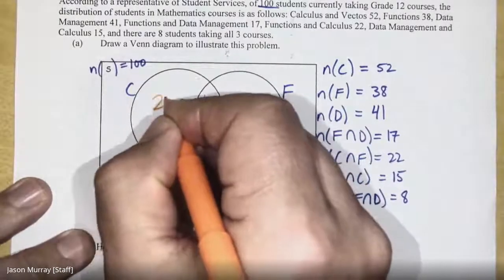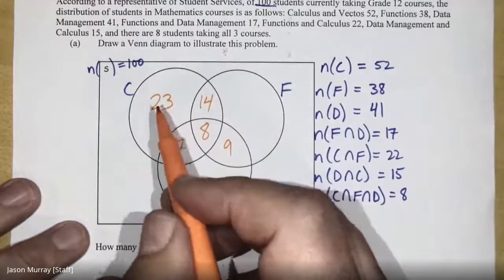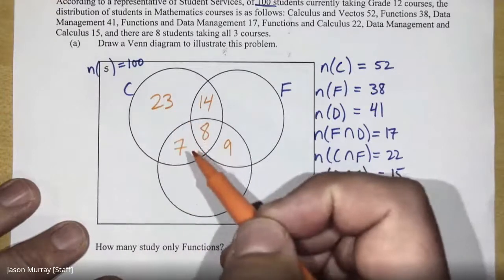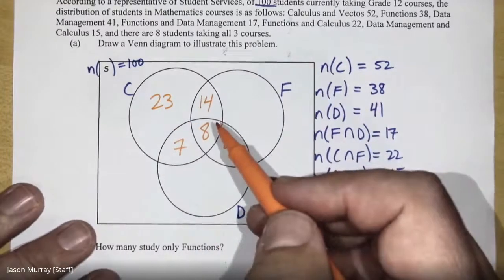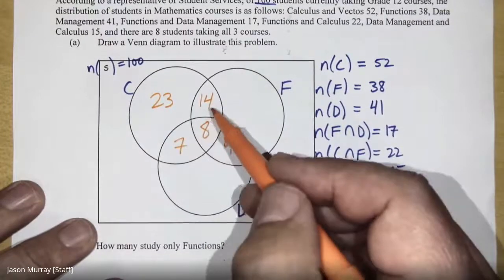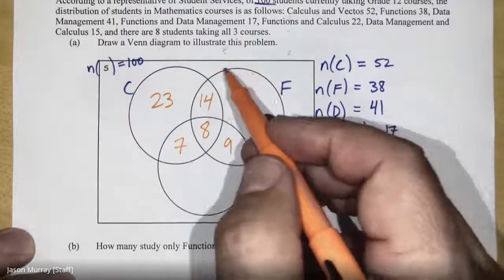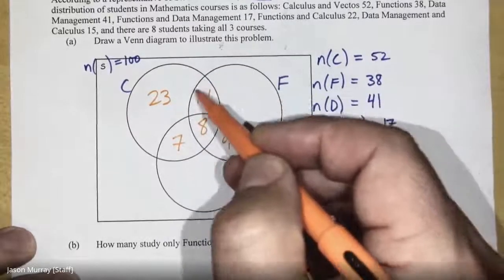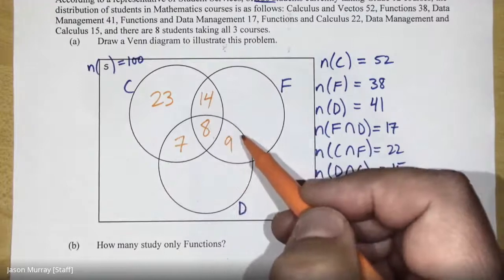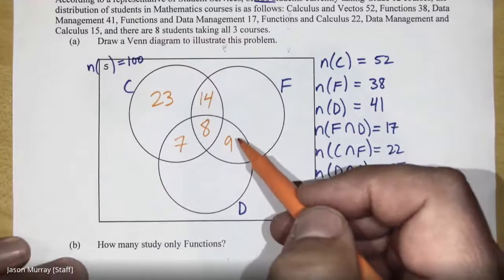So the answer here is actually only 23. There's 23 students that only take calculus. That's what this section represents. Okay? So we're still using the same strategy. We're still subtracting the numbers that we've accounted for already. Let's look at functions next. There's 38 total people that have to fit inside this circle somewhere. But look, we've already accounted for 14, 8, and 9 of them. So 38 minus 14 minus 8 minus 9 is